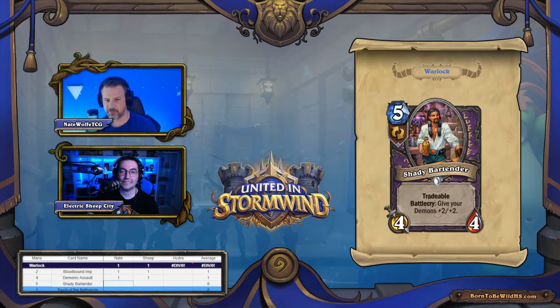Next up is Shady Bartender. This is a 5-mana 4/4 tradable. Battle cry, give your demons +2/+2. Yeah, I don't know. I looked at this and immediately thought this is a Battlegrounds card. Because I don't know. Okay, what do I play it in? Warlock. I don't play it. Yeah, right. I'm not gonna play it in